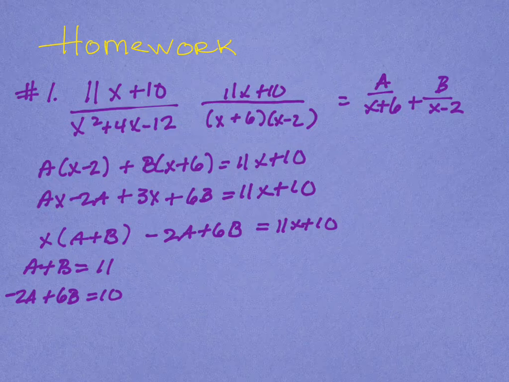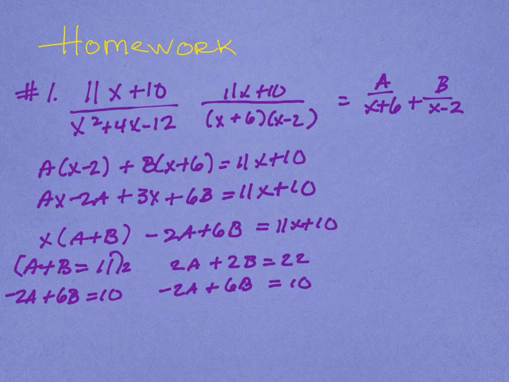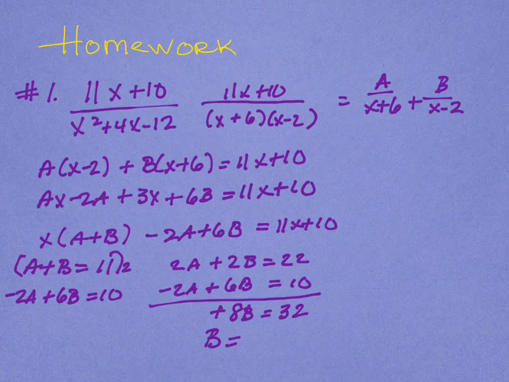So let's multiply this top one by 2 and add. So we get negative 2a minus 2b equals negative 22. And then I have, not negatives, sorry. Just doing positives, got ahead of myself. 2a plus 2b equals 22, and this would be negative 2a plus 6b equals 10. Add these together and you get 0a plus 8b equals 32, so b equals 4, and a plus b